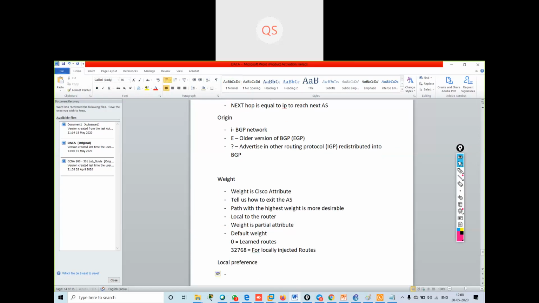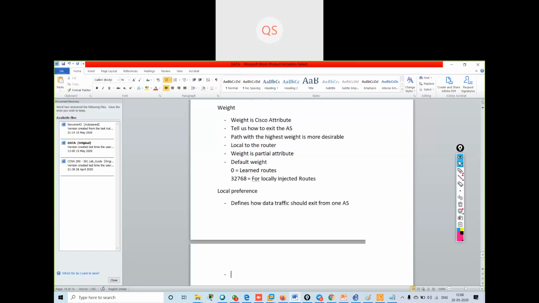Local preference defines how data traffic should exit from an AS.